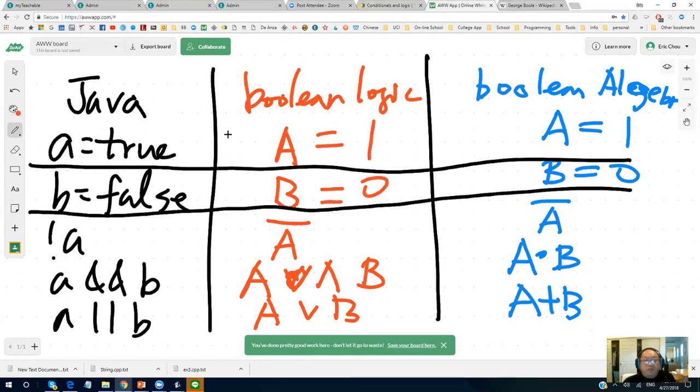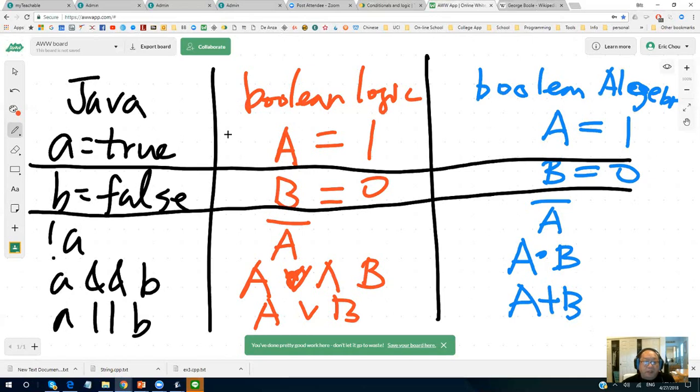So 1 represents true, 0 represents false, and the multiply symbol represents and, the plus sign represents or. The cap sign or V sign is used for Boolean logic. If you see something like a red one or a blue one, it is fine, but they are not representations for Java. Just write this down, and then I'll teach you something else.